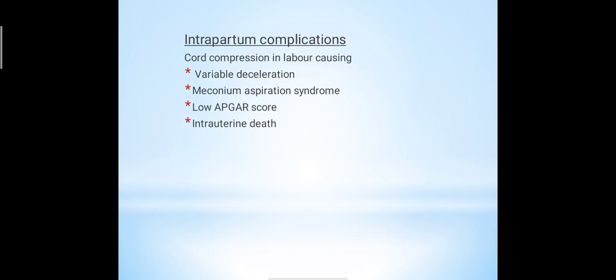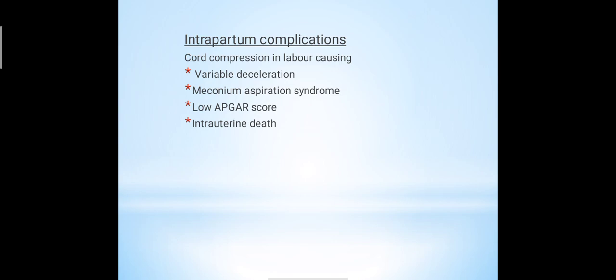If the baby is delivered with meconium aspiration syndrome, then what is meconium aspiration syndrome? The baby passes meconium into the amniotic fluid during labor. Once the baby passes the meconium into the amniotic fluid, they may breathe it into the lung and the meconium blocks the infant's airway. After birth, it can cause breathing problems. So it is a very critical condition.